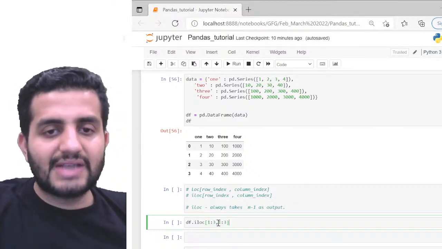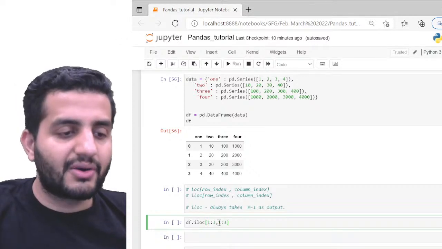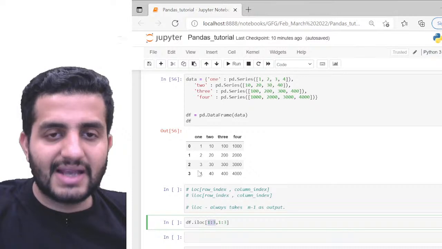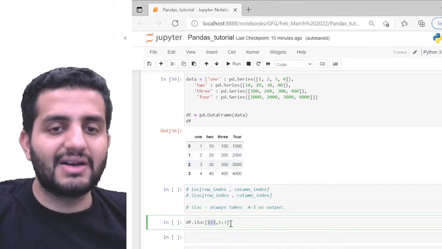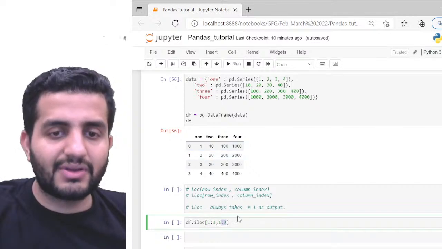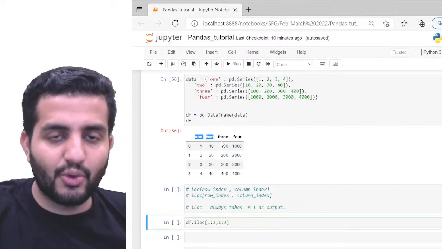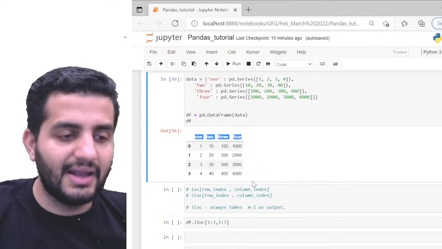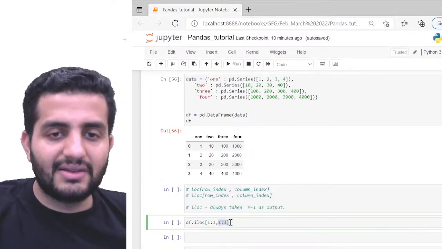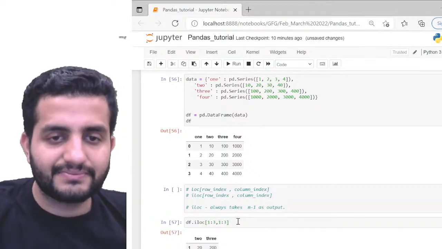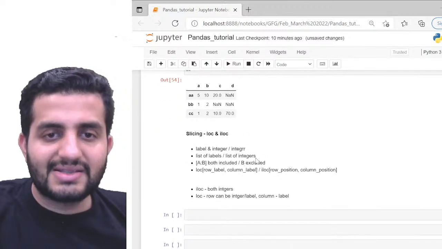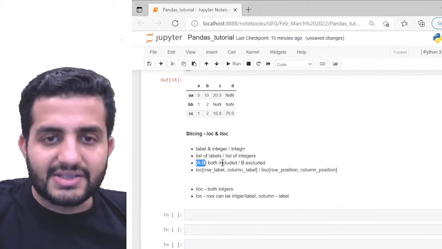But in terms of this, I want to specify both the row and the column definition. So here 1:3 means starting from the 1 index, I want till the 3rd index. And also for the column, starting from 1, I want till the 3rd index. I'm not specifying the name ONE, rather I'm specifying the indexes 1 till 3, right? So if I do it like this, for example, now you can see this. Now this is where this thing comes up, okay?